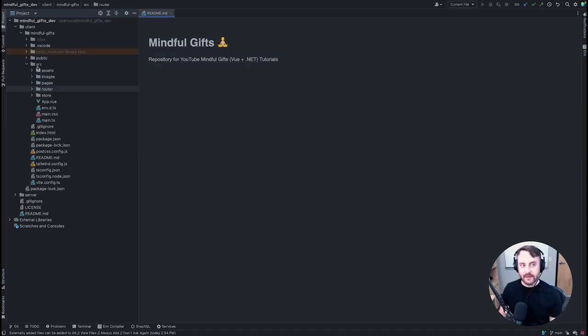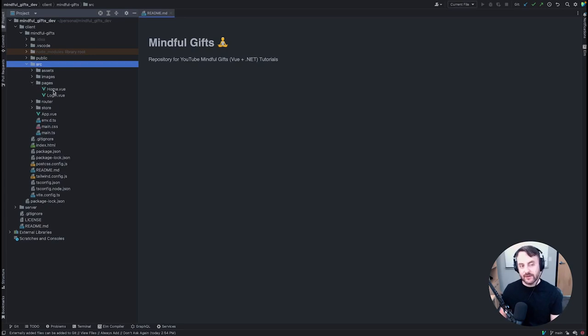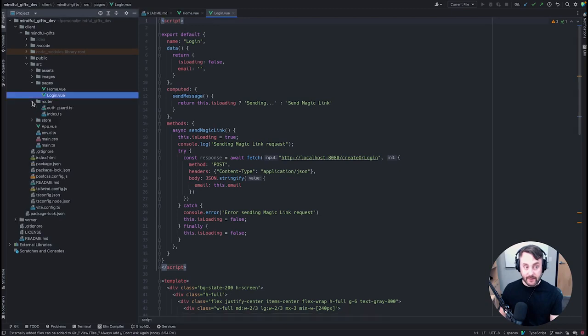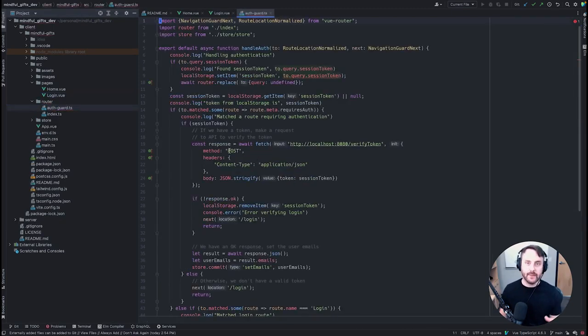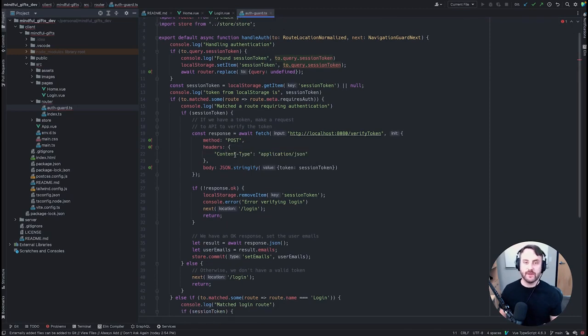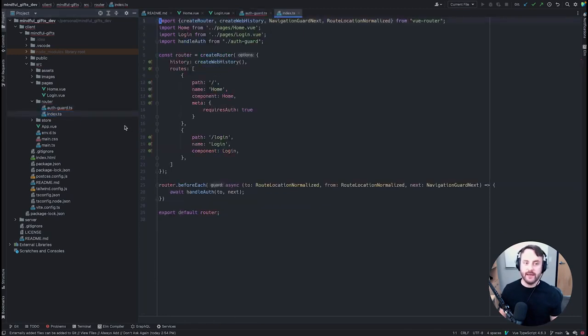You'll notice that we have a source directory under which we have a number of subdirectories to organize the various files for our client side, including a pages subdirectory, which currently just contains a home page and a login, and then the router, which contains an auth guard, which is used to handle some of the complex logic with checking the route and storing session tokens for us in local storage,